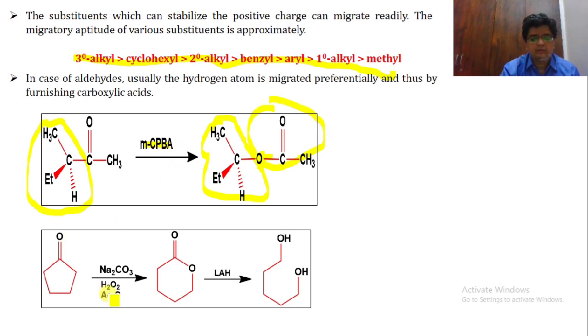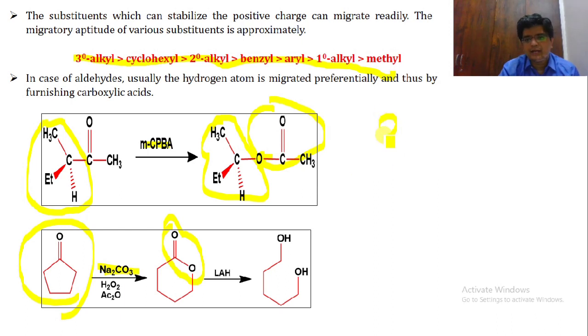Now let us understand one of the most important examples of Baeyer-Villiger oxidation. In examination you can find this example, that is cyclopentanone. When it is reacted with MCPBA or any reagent of Baeyer-Villiger, it will produce a lactone. Now what is a lactone? It is a cyclic ester, so this is a cyclic ester molecule: C double bond O, oxygen, and this is the linkage. This cyclic ester is known as a lactone.